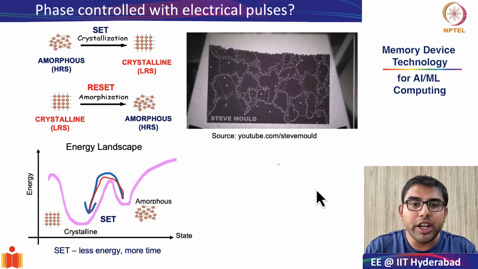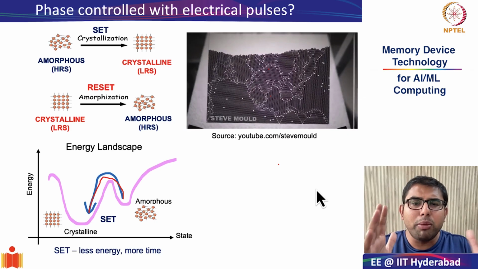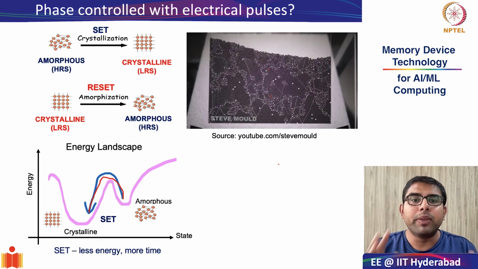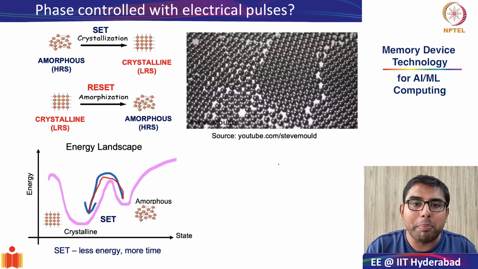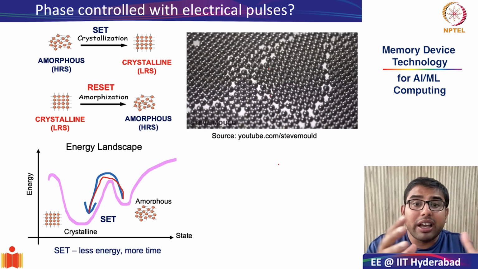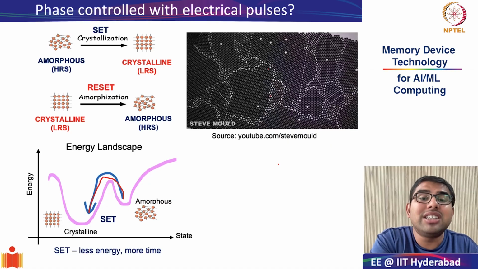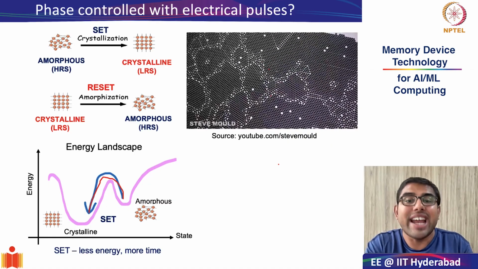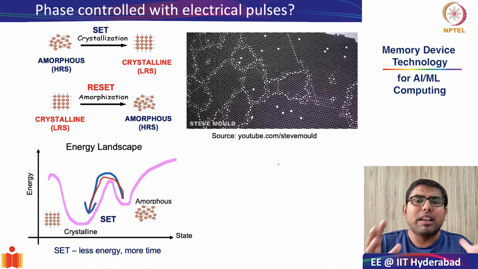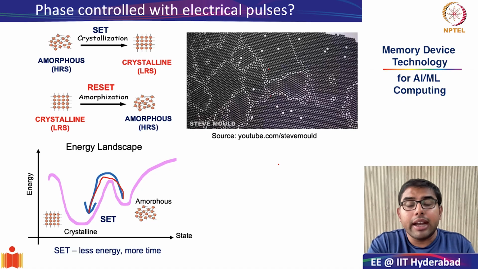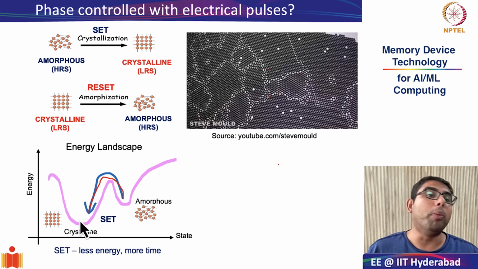As you can see in the video, when you give this amorphous material a little bit of a shake, or a little bit of energy, the different grain boundaries, as you can see in the zoom up now, are coalescing, and slowly it is going into its least energy configuration, which is your crystalline state. So if an amorphous state is given a little bit of energy, it goes from its local minimum to its global minimum.